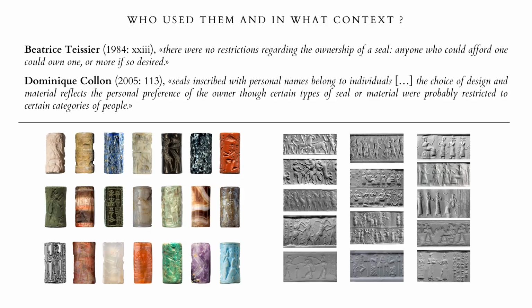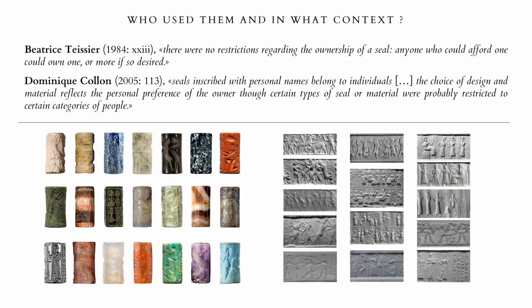Cylinder seals were used by men and women of a wide range of social statuses and occupations, including rulers and priests, soldiers and scribes, craftspeople and merchants, and even servants and slaves. Even the gods were represented with their own seals. In addition, we must note that their production, in terms of design and materials, was not legally regulated, except for the use of specific raw materials and iconographies that in some periods and regions were exclusive to the royal family.